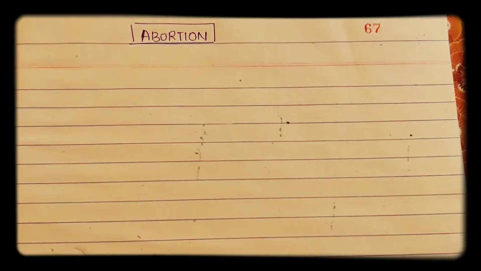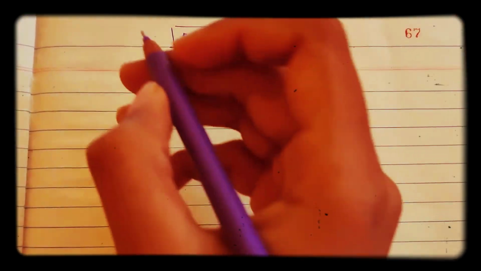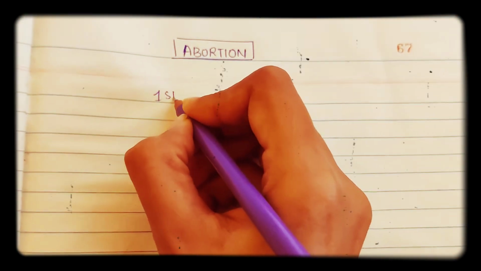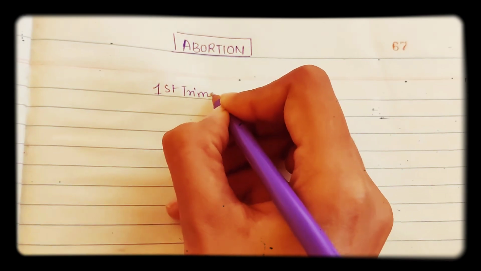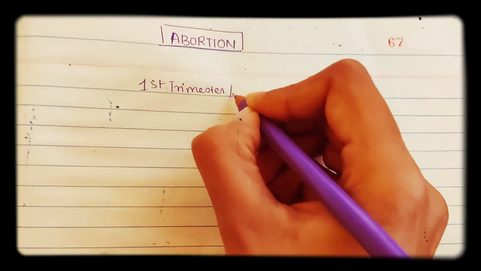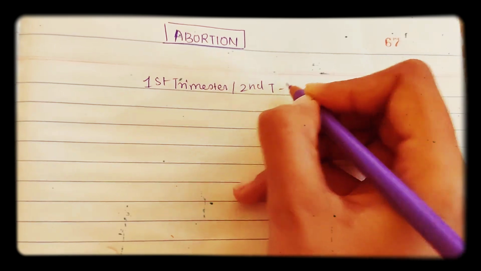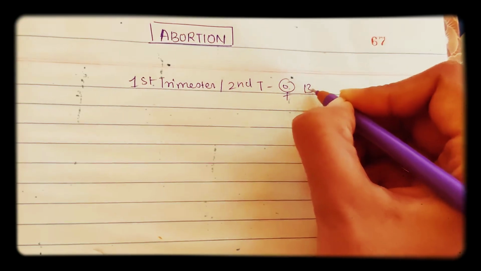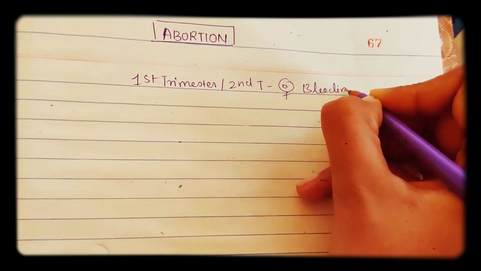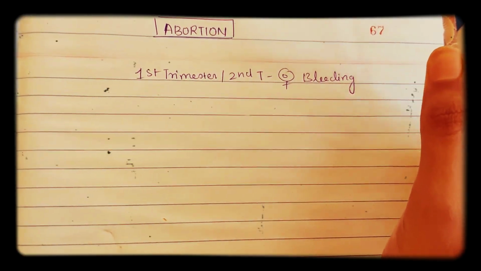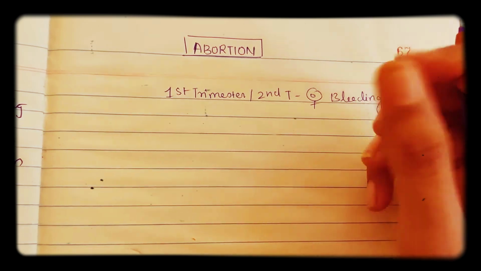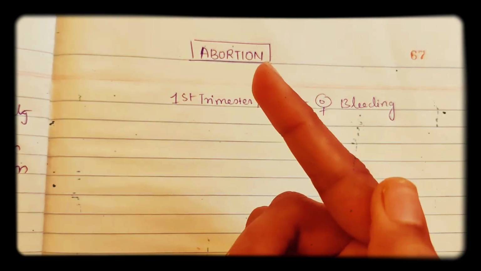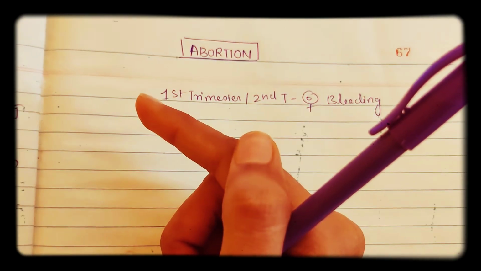In this video, let us start with abortion. So what is abortion? A pregnant female who complains of bleeding, especially in the first trimester or second trimester. If a pregnant female is having bleeding, then you can say it's a sign of abortion. Okay, so the differential diagnoses are like this: either a female comes to you in the first trimester